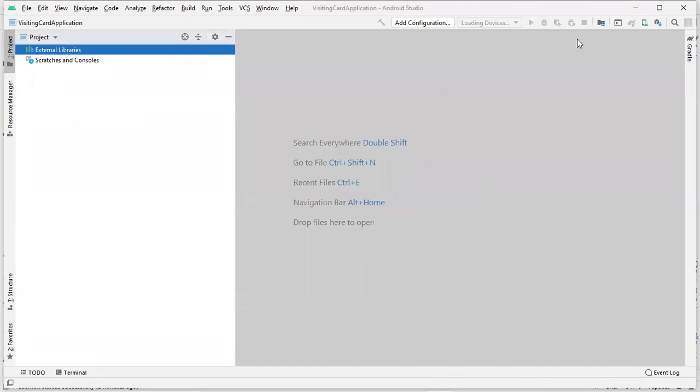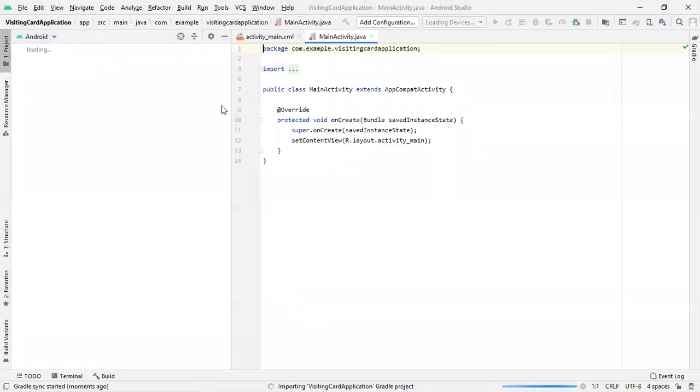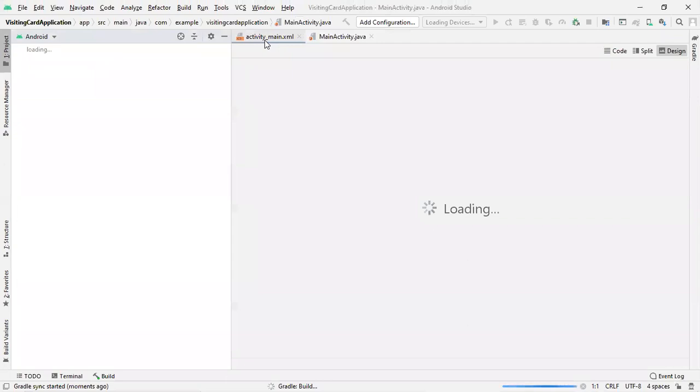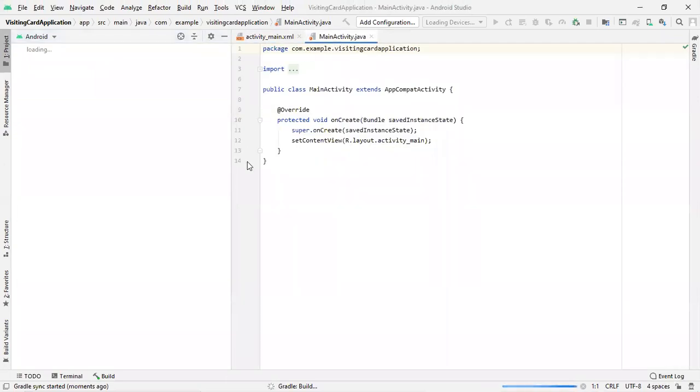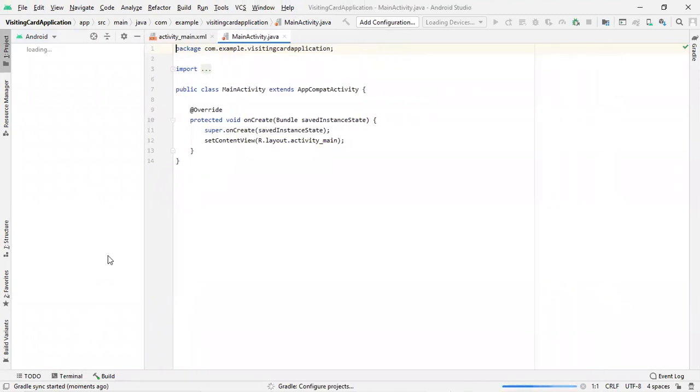For this new window, it will give all the resources and the dependencies that need to be configured. So it will take some amount of time for all those configurations to happen. As you can see, Gradle sync started. Gradle sync started in the sense that, for this particular project, it is checking what dependencies it needs. Already there is some pre-existing code, and for this pre-existing code it needs some dependencies. Those dependencies need to be resolved. So once Gradle sync started, it indicates the dependencies are getting resolved. Once it becomes Gradle sync successful, then you can start developing the project.